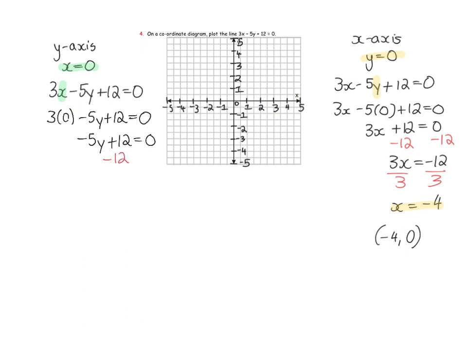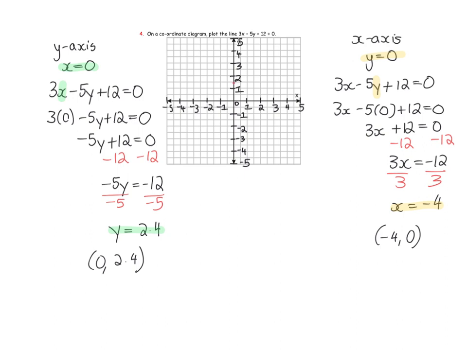We can minus 12 from both sides. We'll be left with minus 5y is equal to minus 12. And then we can divide both sides by minus 5. When we divide both sides by minus 5, we'll be left with the answer 2.4. Now, we know that x is equal to 0 and y is equal to 2.4, so the point that we have is 0, 2.4. Plotting those points on the graph then, we have 0, 2.4, which is approximately here,